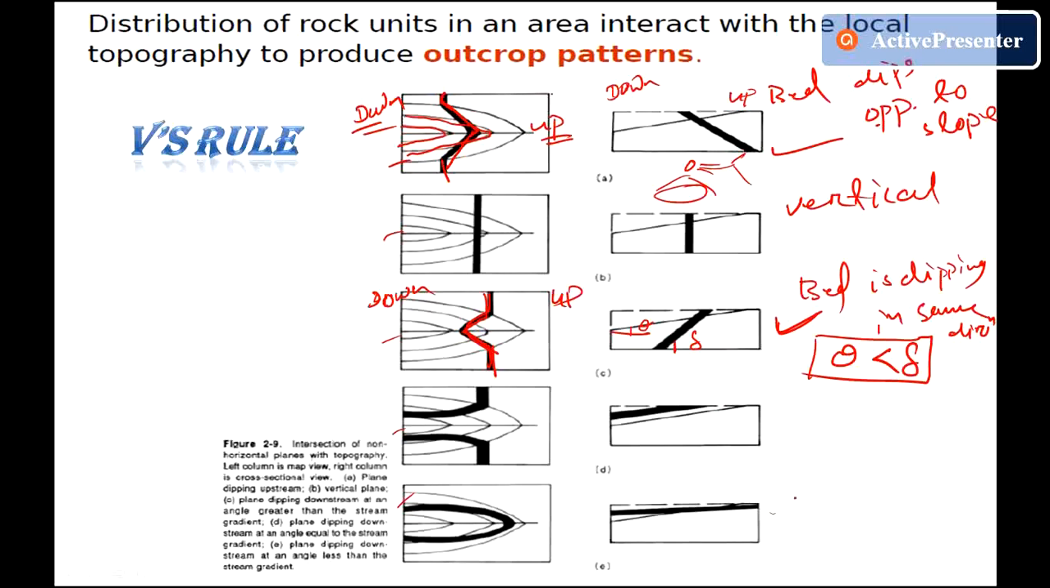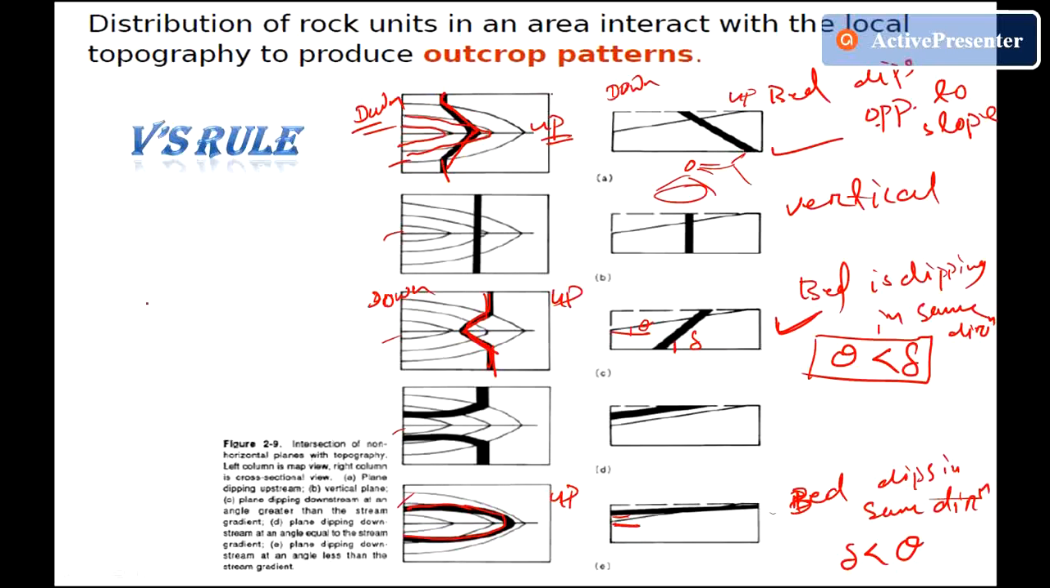Here, the bed is dipping in the same direction, and if you see, this is your theta, and here delta is gentler. If you see here, delta is less than theta. The slope is steeper. So it will also show a V in the upstream direction. Okay. For horizontal bed,